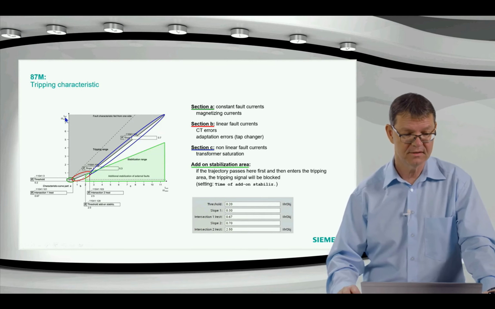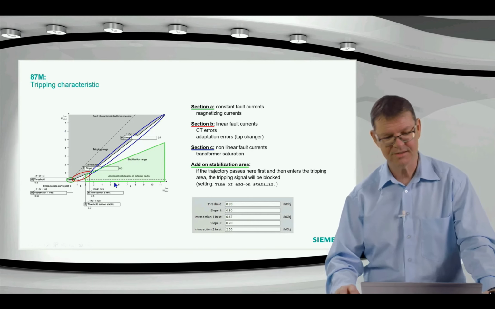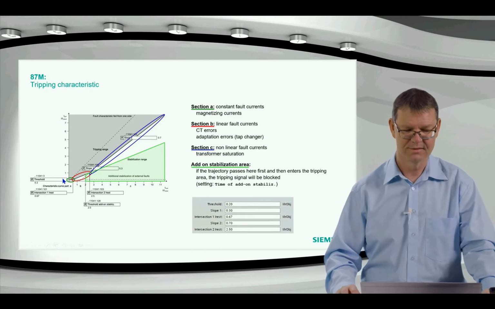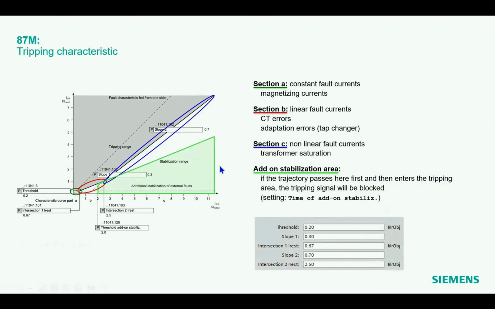For the current transformer saturation, we have additionally, let's say, we look at the trace of the trajectory. So this is the differential current, this is the stabilizing current or restraint current. And we have here in this green area a zone, and we know if we have a jump in the current, then this can be a fault. And if the current trajectory now in that plane goes in this direction, so it enters this field, then it looks like